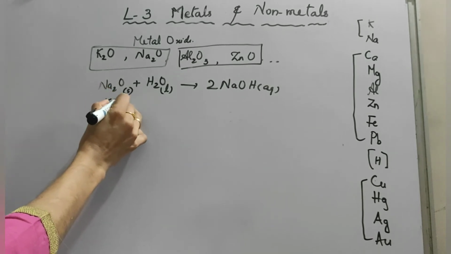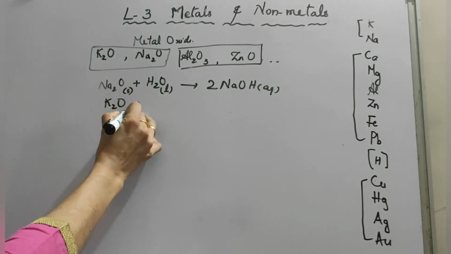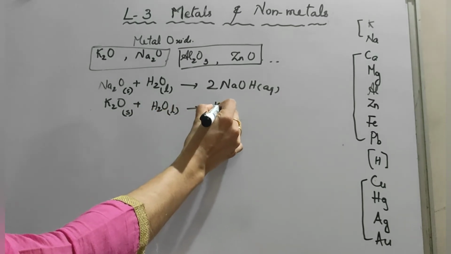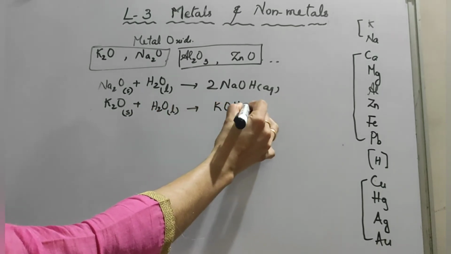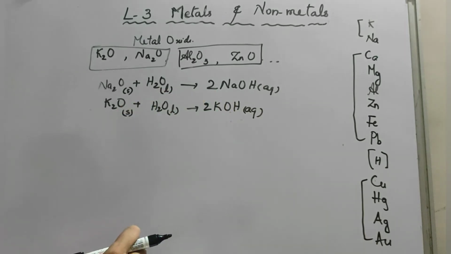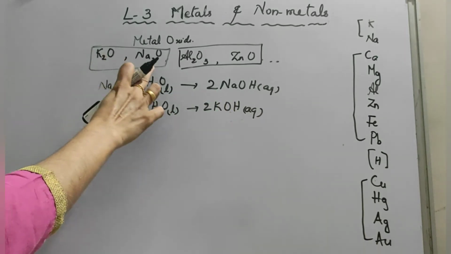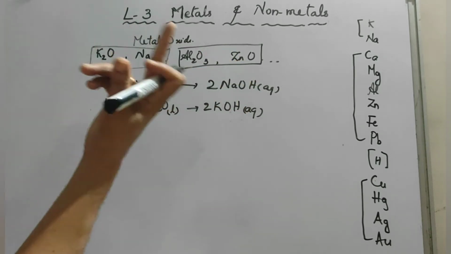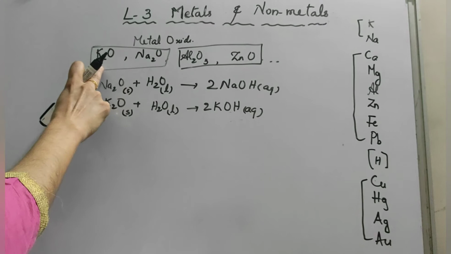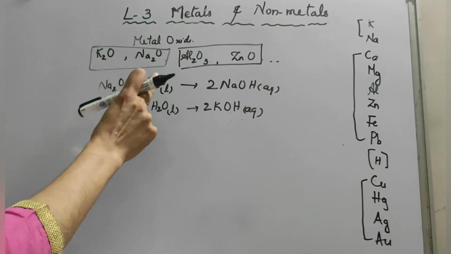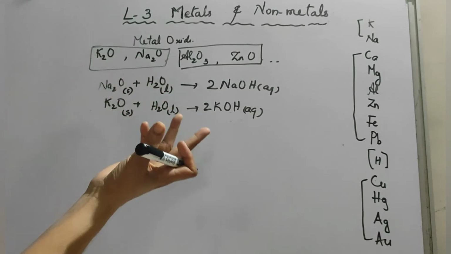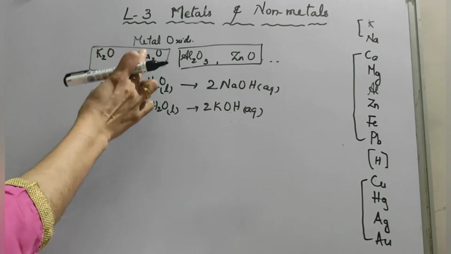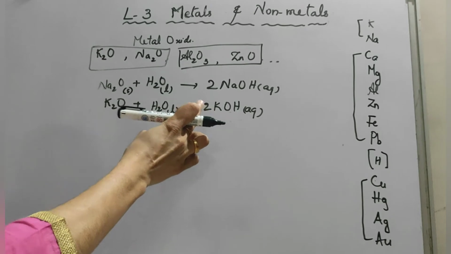Same, look at the case of potassium oxide. Potassium oxide is in solid form, and water is liquid form; they form KOH, same, in aqueous form. A base dissolved in water forms alkalis. So from this, in the middle reactivity, we already studied aluminium oxide and zinc oxide, which are amphoteric oxides. The highly reactive ones, potassium oxide and sodium oxide, dissolve in water. Other metal oxides do not dissolve in water, but the highly reactive metal oxides, sodium oxide and potassium oxide, dissolve in water to form alkalis.